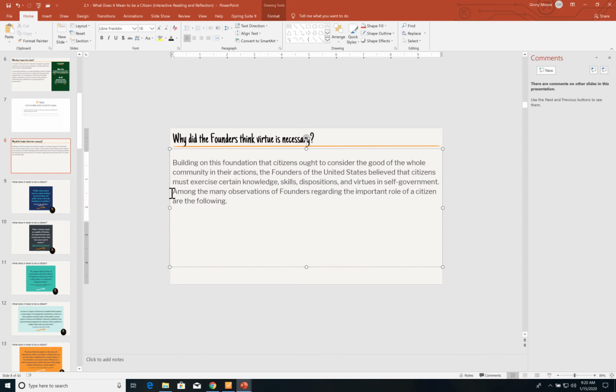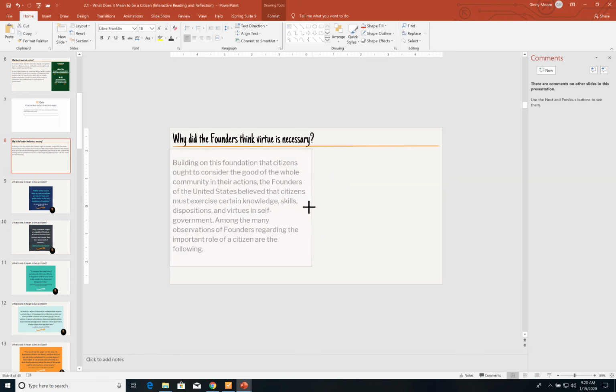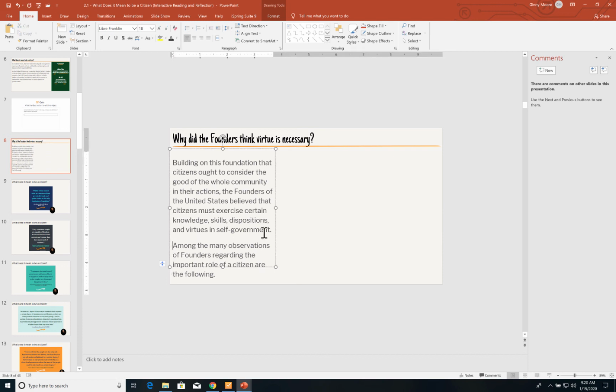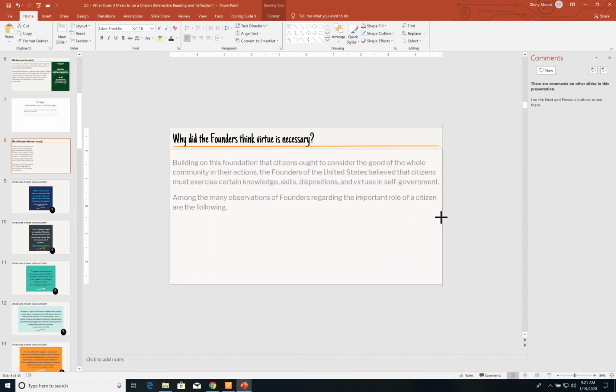okay, so all of these quotes are associated with this section because we're talking about what the founders thought, and why they thought it was necessary. So you have a couple of options. The first option would be to split this screen in such a way that there's still enough room. Let's see if I can do this real quick. So we can rephrase this and say something along the lines of,